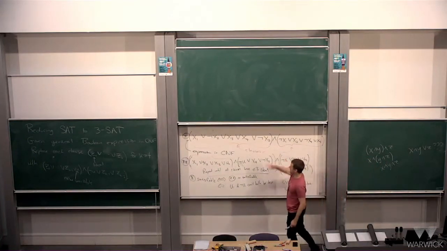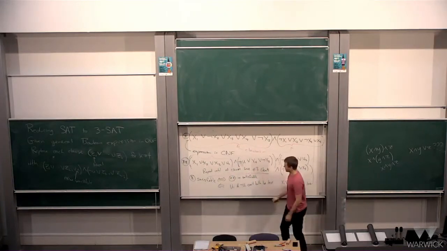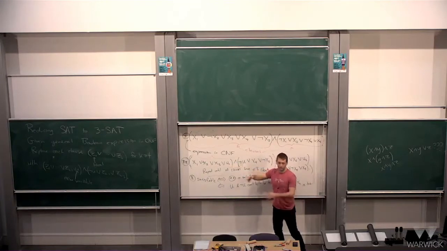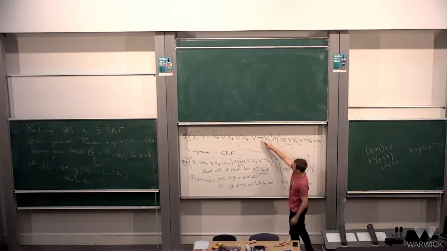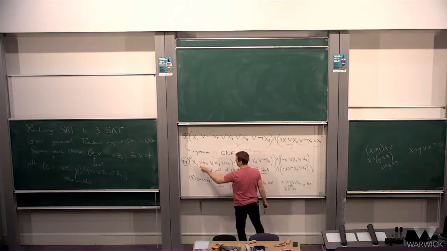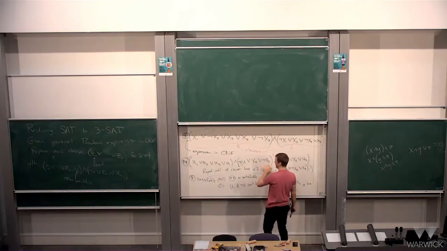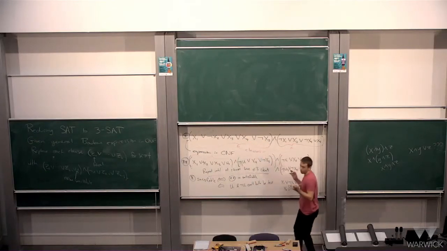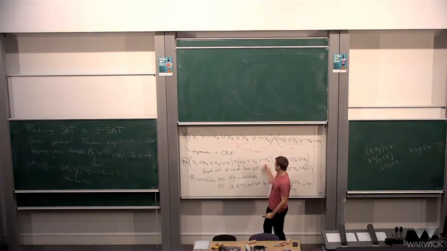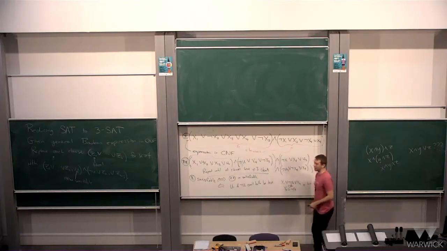So if I can assign these variables so that star outputs true, then the important thing here is that u1 only appears in these two clauses. It doesn't appear anywhere else. So suppose I have set the variables so that this clause is true, then certainly either x1 or not x2 or x3 is true, because one of these two things must be true, or both. If both happen, then this is going to be true already. But suppose these two are both false, I would just set u1 to be false, this will be true, and I know that one of these would have to be true. It's kind of confusing, but hopefully